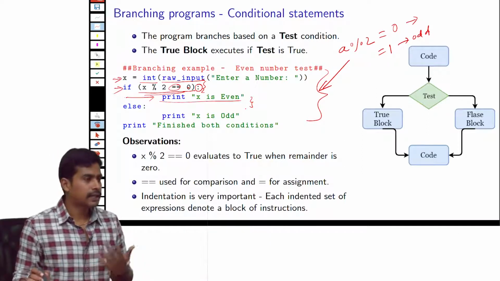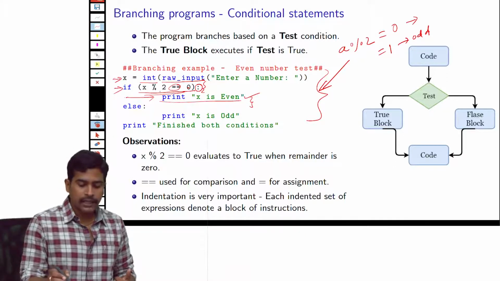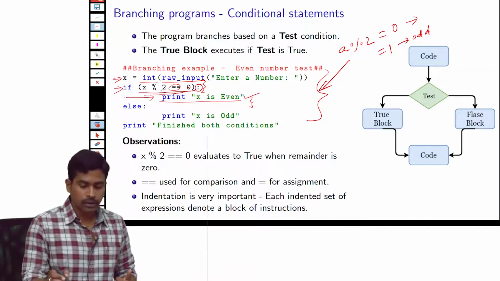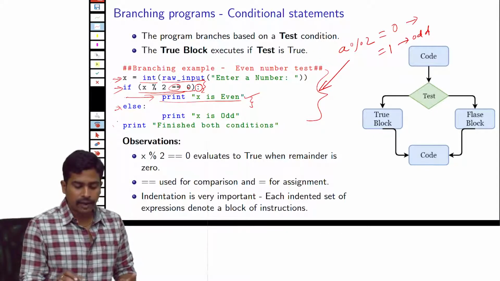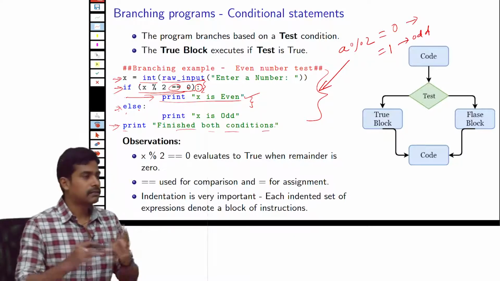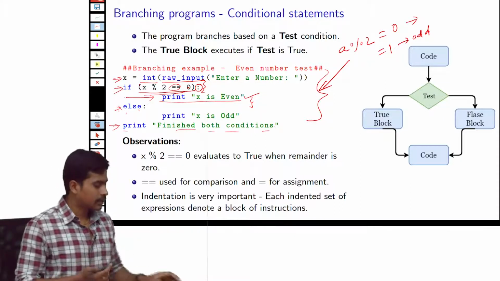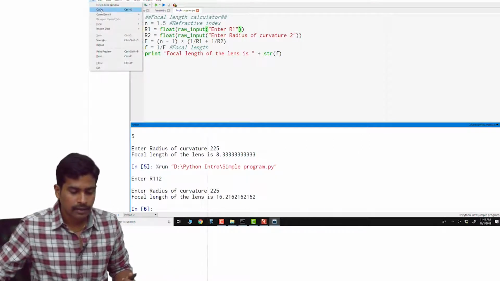So here we want to say it's an even number, and we use this command. If this condition is not true, the program will come to the else statement, and in the else statement we want to say x is an odd number. After one of these gets executed, the program comes here, and we say I finished checking both of the conditions. Okay, so now let's go back to our Python.